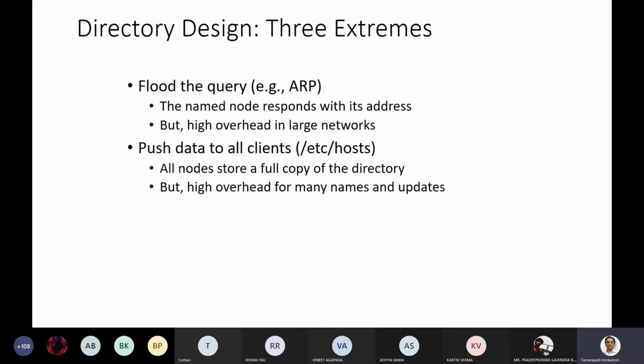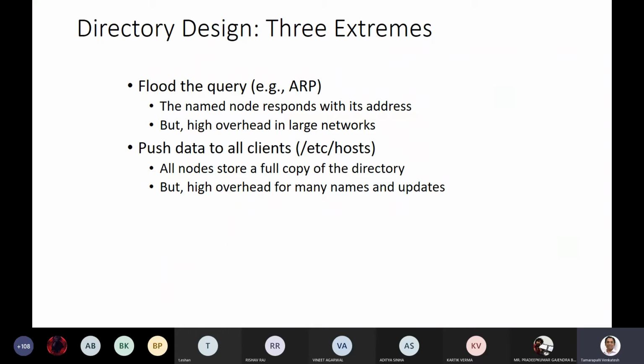So this used to be maintained in Linux machines under the folder /etc/hosts.txt. So this was the oldest method used in late 80s or early 90s before the web became public. It's an easy method to simply store the resolutions in each of the machines. So whenever a machine has to access a domain name, it will look at the host.txt and then identify what is the IP address to which it needs to connect. But then there is a high overhead because you have to distribute this file across different locations, and maintaining consistency is also a tricky issue.